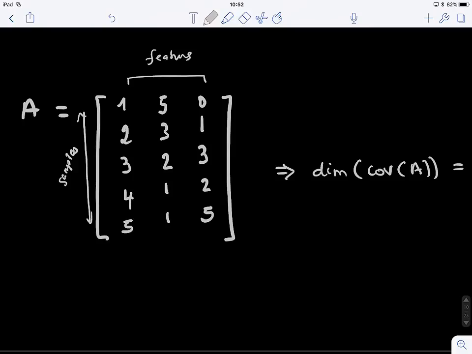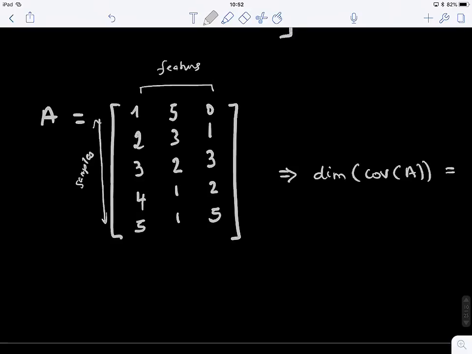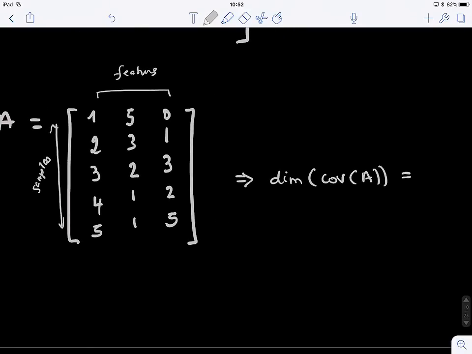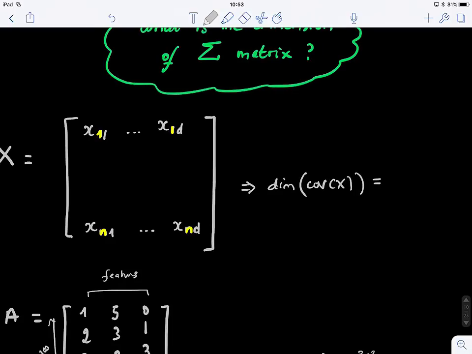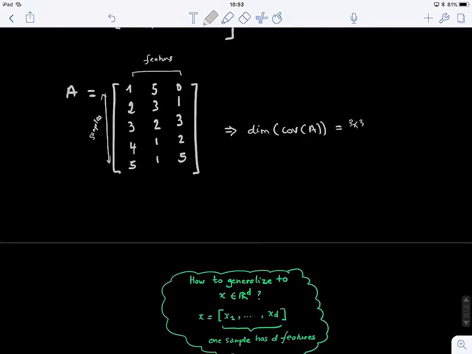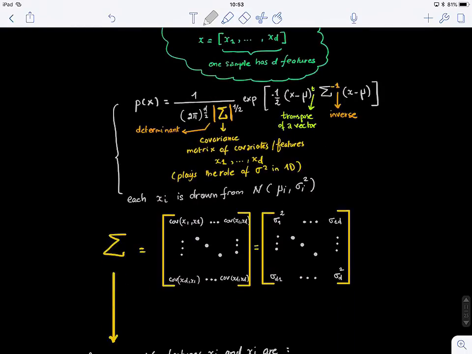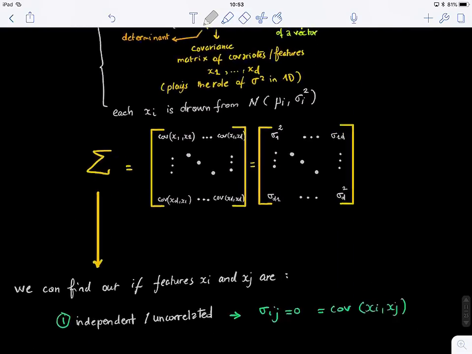And then we create our covariance matrix. So what is the dimension of the covariance matrix? Which means how many rows it has and how many columns. In this case, 3 by 3. So it's the number of features, right? So if we have D features, then your covariance matrix will be D times D. Great. Okay, so now we go back to this one, and right here,